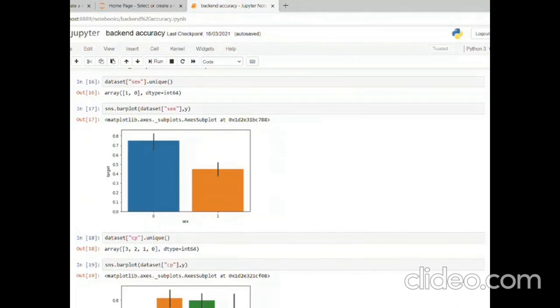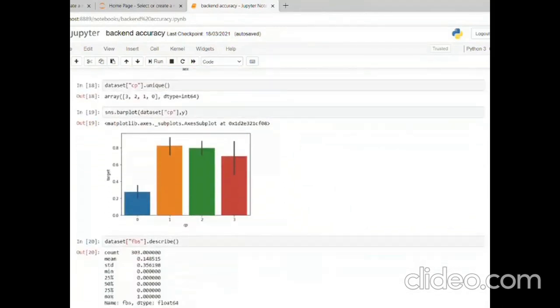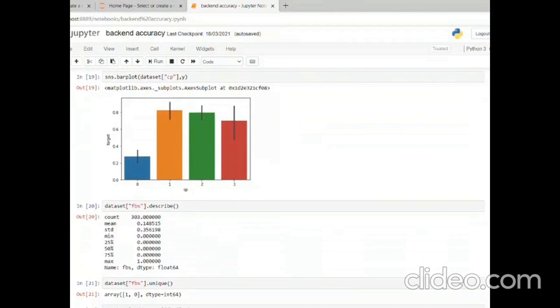From this we can easily say that the proportion of females suffering from heart disease is more than that of the males. And here the bar plot shows the counts of observations in each category using bars. We can see that most of the patients have typical angina chest pain, whereas very few patients suffer from an asymptomatic type of chest pain. And from the above bar plot we can easily see that people having typical anginal pain are much less likely to have heart problems when compared to the rest of the three.